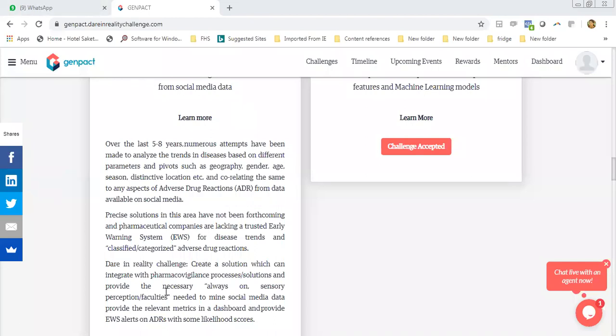But what we are looking at is how you really do the classification of the drug reaction, how you categorize it, and so on, by looking at this unstructured content. I think we are also looking at ensuring that this data is first captured, and that some analytics is done based on geography, time of the year, and whatever else you can think of, and then drawing correlations to how these reactions are playing out.